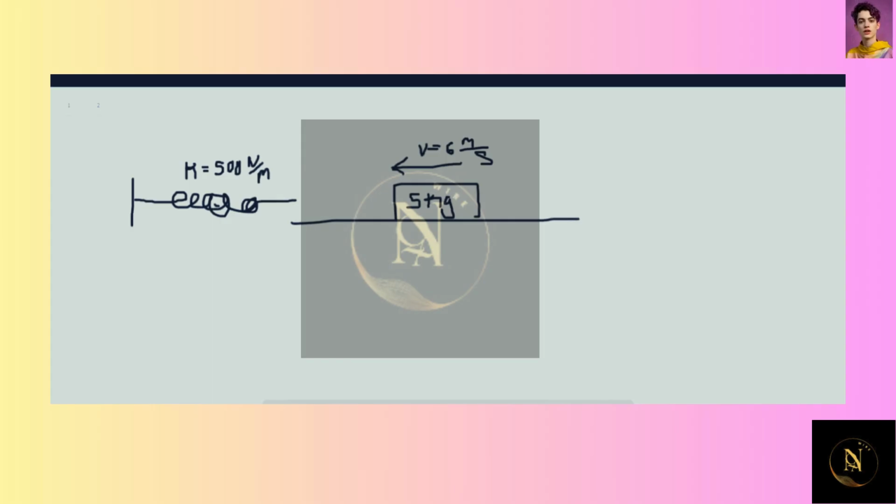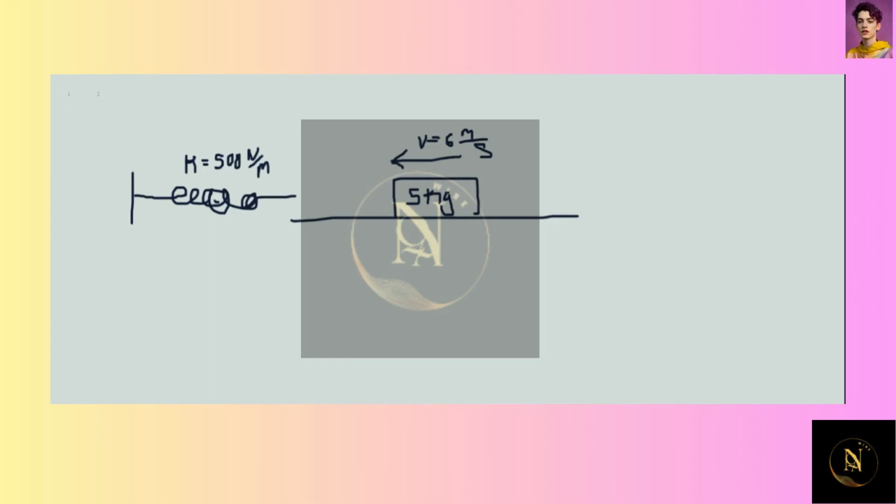Okay, so I've drawn out our problem here. We've got the spring constant over here, 500 newtons per meter. And our block over here is a 5 kilogram block, and it's going at 6 meters per second. And basically, if we want to know the maximum amount this spring can compress, it's basically just a conservation of